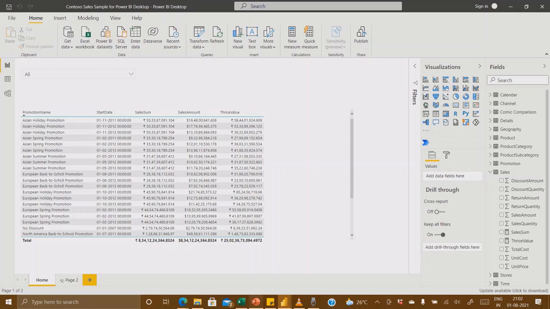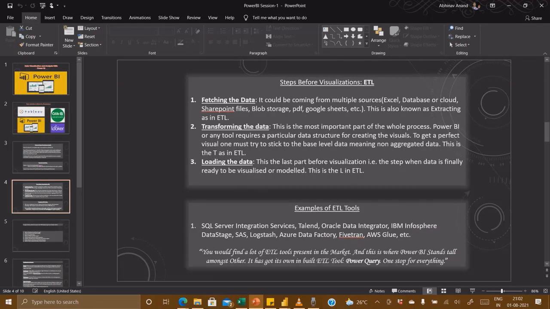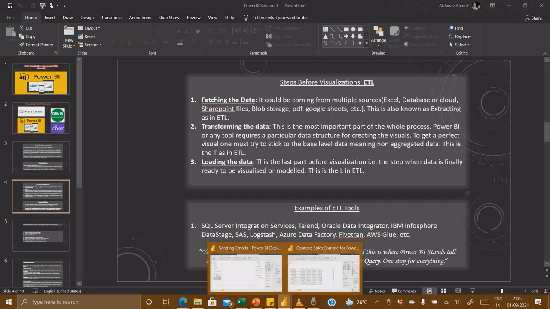In the last session, if I show you the PPT also, the first thing I had mentioned was ETL. So all these steps in the ETL, extraction, transformation, and loading, you have seen as of now.